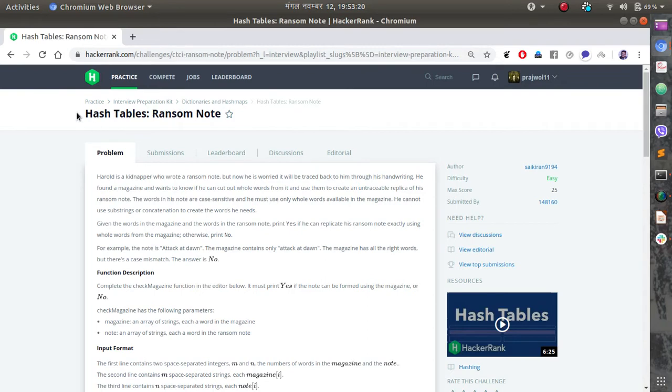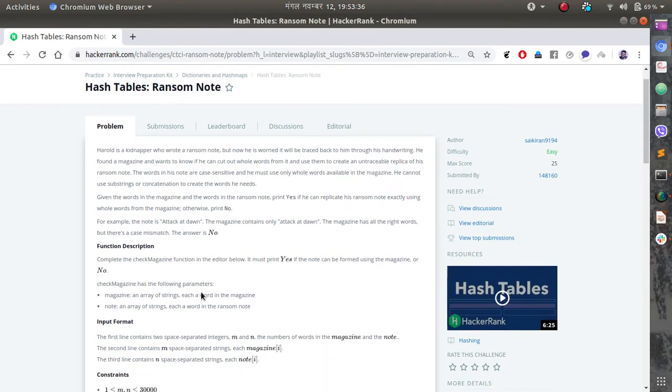Today we'll be solving this problem from hash tables, that is the ransom note. There is a saying that if there is any problem, first try solving it using hash tables. Let's look at this problem. Harold is a kidnapper who wrote a ransom note, but now he's worried it would restrict him through his handwriting. He found a magazine and wants to know if